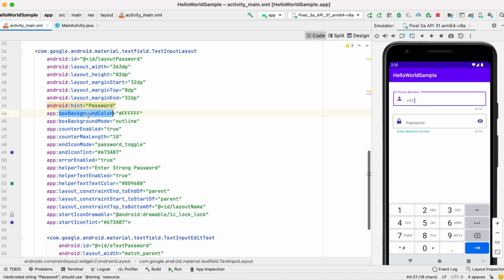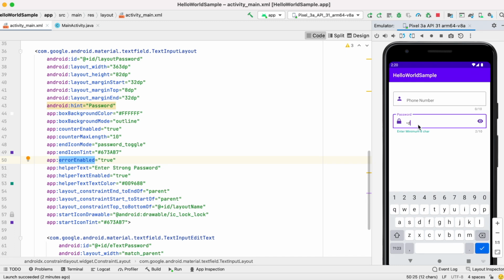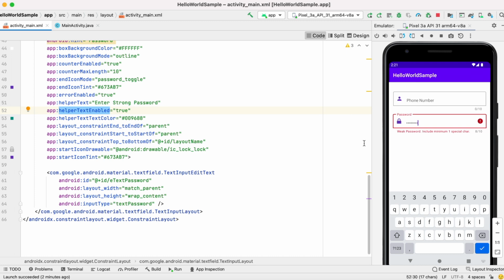The same way for the password also, we can see all the attributes here, whatever we have selected from design mode. Here end icon mode is password toggle, and error enabled. Here you can see the red color button and the error message, right? This we have enabled using the error enabled flag. And the helper text, if I clear the password, here you can find some text, right?